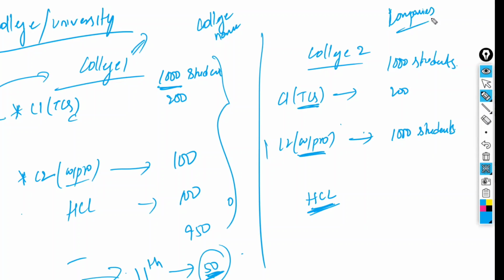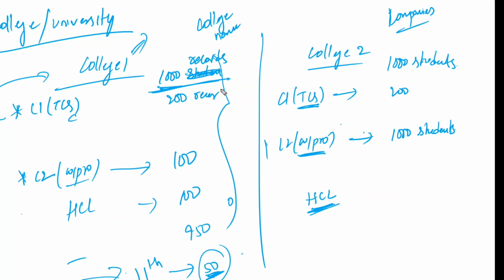Now, in the same way, for example, I have 1,000 records. Out of 1,000 records, 200 records you have given. Now, instead of students, write the word records. Out of 1,000 records, 200 records you have given for decision tree number 1, the company's decision tree number 1. Now, the balance 800 records only you are sharing with decision tree number 2. What happens to the probability? The probability will be reduced. Earlier, the probability was different. Now, the probability is different because the denominator value has changed. Automatically, the probability changes. When the probability changes, the calculations change.